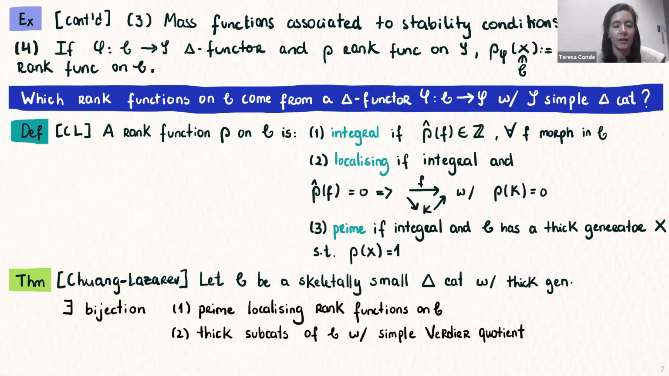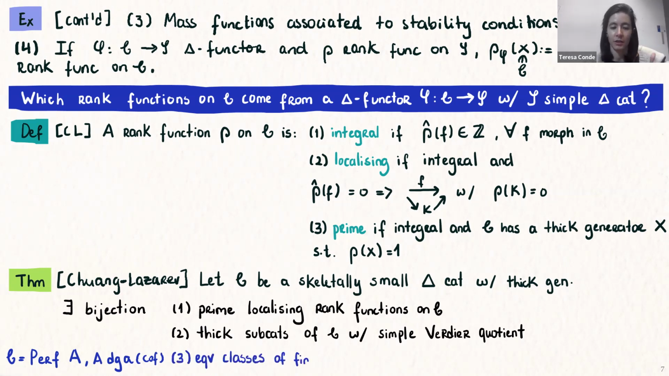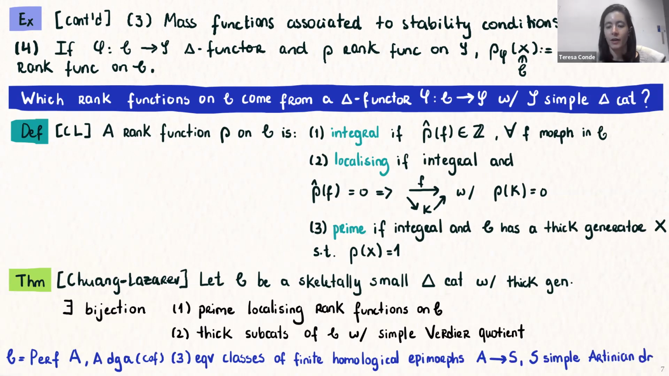And in the other way, in order to go from 1 to 2, one takes the kernel on objects of the rank function. In the particular case of C being the category of perfect complexes of a cofibrant DG algebra, one can say more. In this case, 1 and 3 are also in bijection with equivalence classes of finite homological epimorphisms from A to S, where S is some simple Artinian